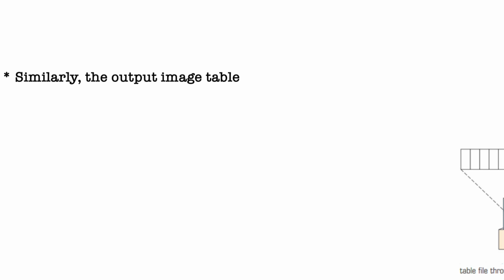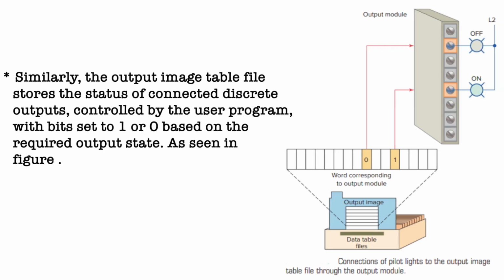Next is the input address format for the SLC family of PLC. Here, as I have explained, the first is the type, whether it's input or output. Second is the separator. Third is the slot number. Fourth is the bit designator, and last is the bit number. As you can clearly see in the diagram, the I stands for the input while the O stands for the output. Here, we are using the colon as a separator.